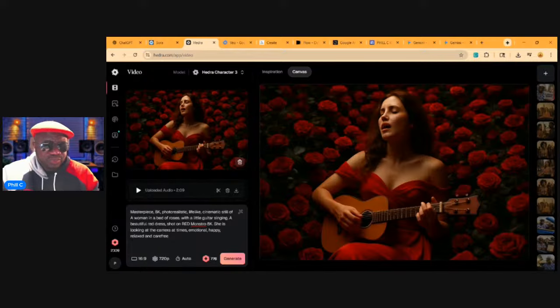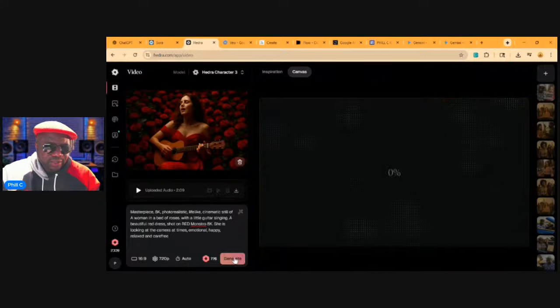Okay, so I could do that, and I could hit generate when I'm ready. Hit the generate button, and this is going to be the outcome of your work.